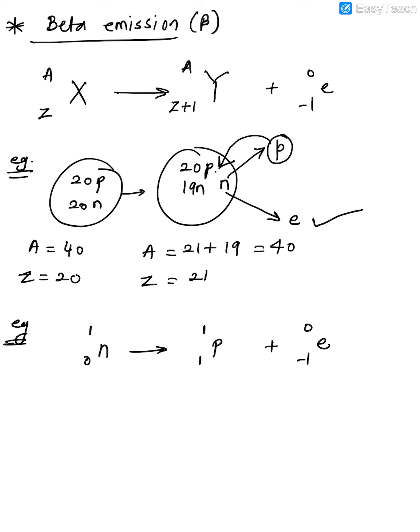Got it? Now, what is the difference between beta particles and beta rays? Beta particles means, when we talk about one particular particle, or some odd number of particles, then you say beta particles. But when you're getting a continuous stream of beta particles, then we call it what? Beta rays. Okay. So in the same way, a stream of alpha particles is called alpha rays. Remember.